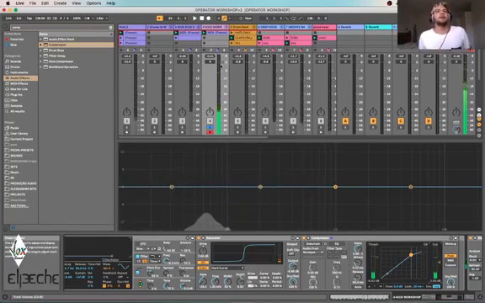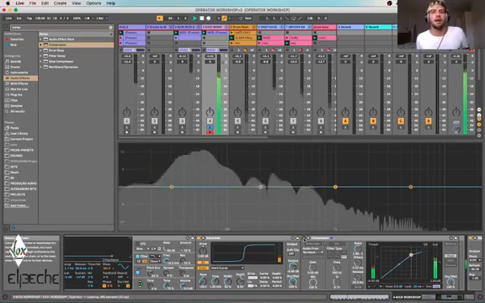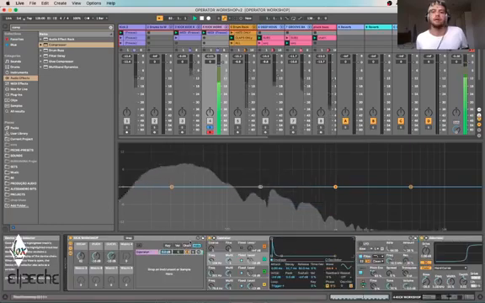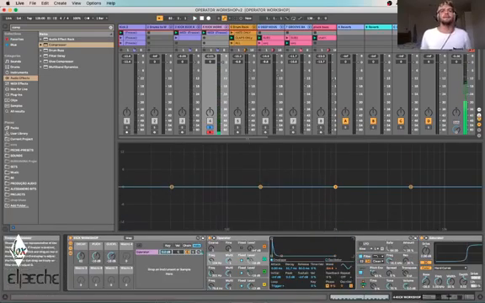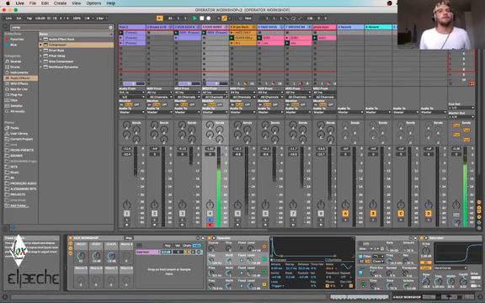Yeah, so that's pretty good. We're not clipping here, and we got a strong and present kick. Now, if we want to compare it to this one,